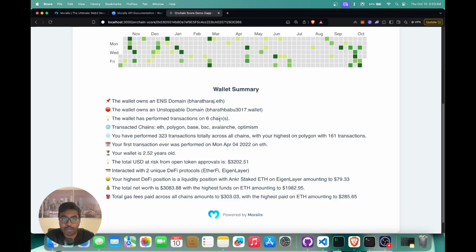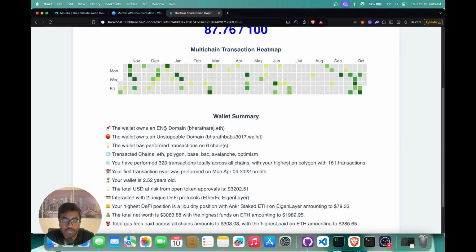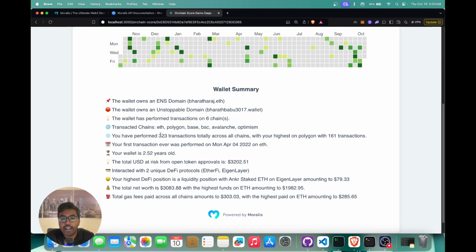So the wallet summary basically tells us, okay, the wallet owns an ENS domain, the wallet owns an unstoppable domain, how many chains has the wallet performed transactions on. In this case, it's basically 6, and then it tells you what are all the chains you have transacted on. And you also get the total transaction count across all of these chains, and that's basically 323. And the chain which has the highest transaction count as well, which you can see right here, is Polygon